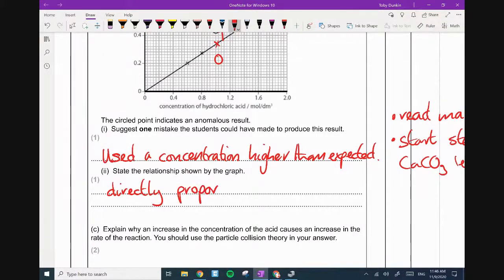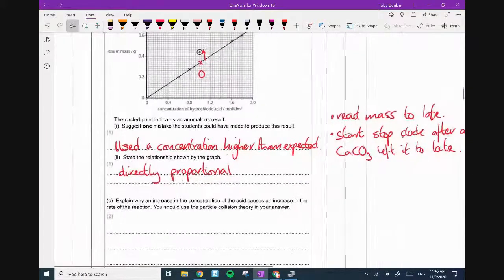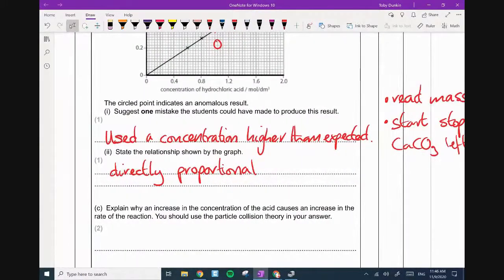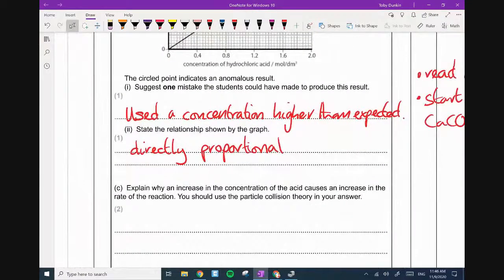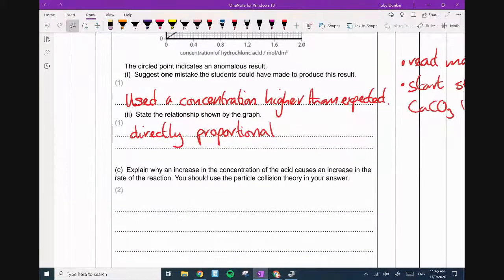One which I thought was entertaining was Hao Ping. Yeah, he put direct proportion. That's not allowed. You had to say directly proportional. No, I don't think it was me. Oh, was it not you? Somebody who was a late entry gave me one where they'd written direct proportion, and it wasn't allowed. It wasn't quite right. Wasn't close enough.